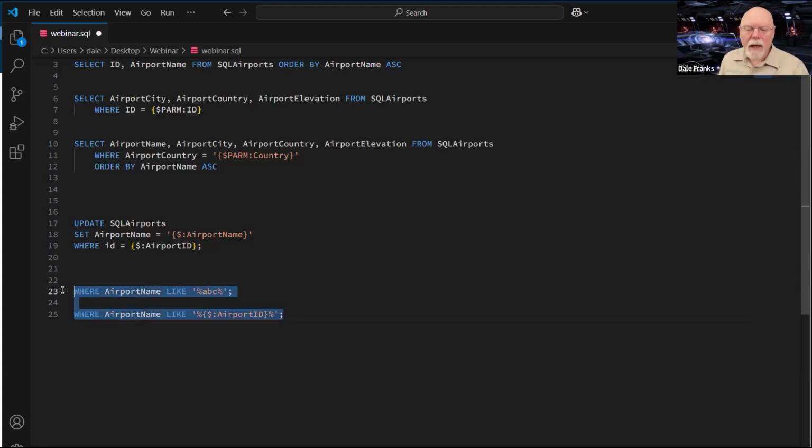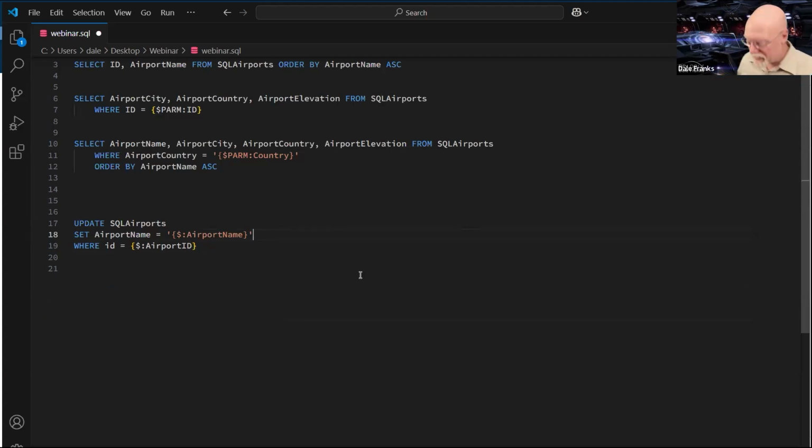So the flexibility of this update statement allows you to basically change pretty much anything you want in the database. And we're going to need to change all of these fields. Because I did not take the time to completely write out the SQL statement, we're going to need to add all these columns.